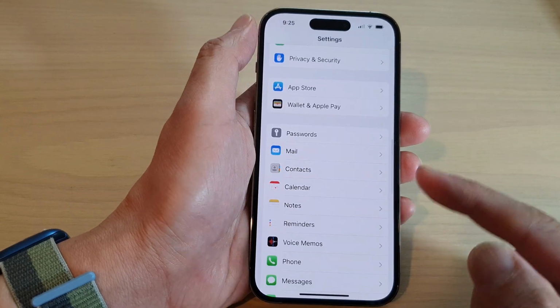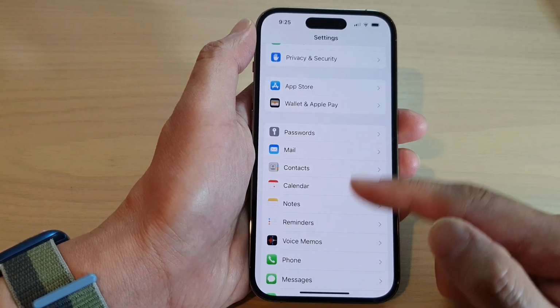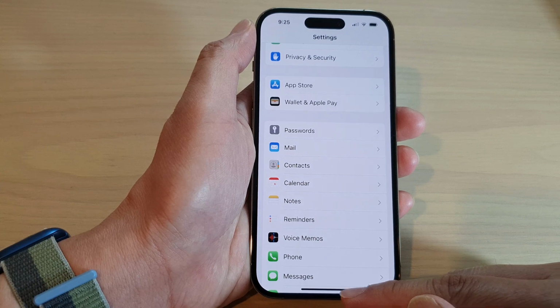After that, you can tap on the back key to go back to settings or swipe up to go back